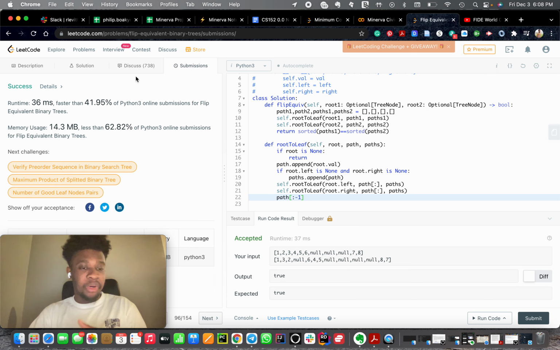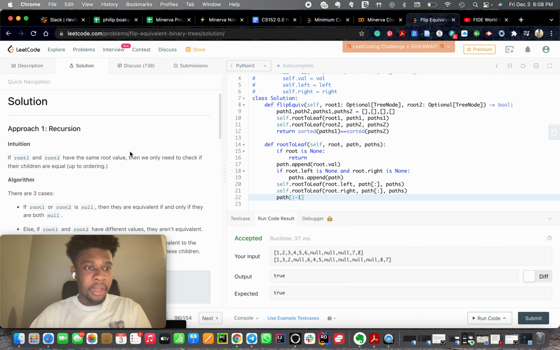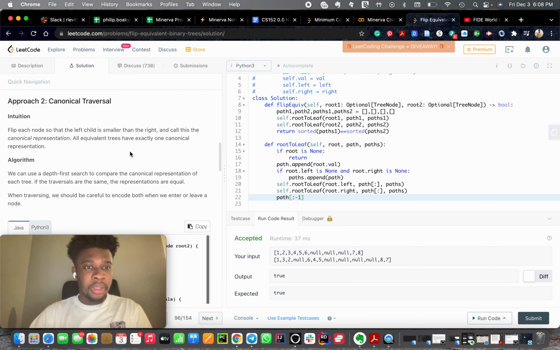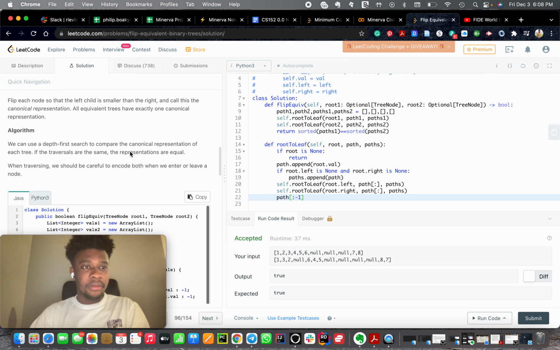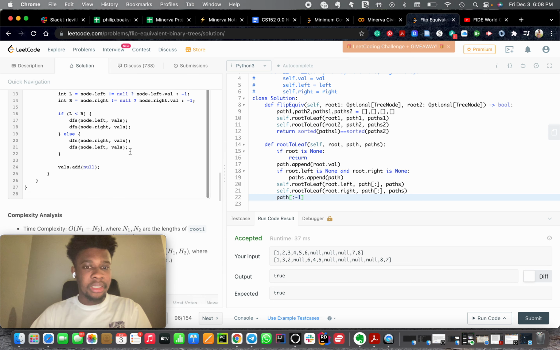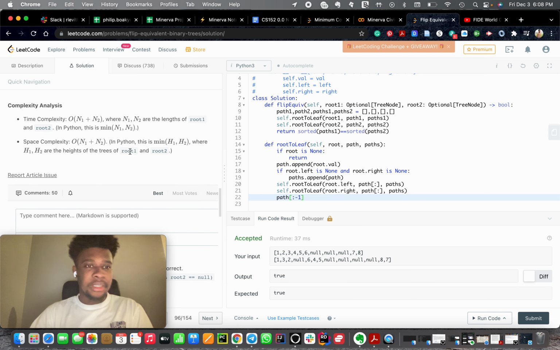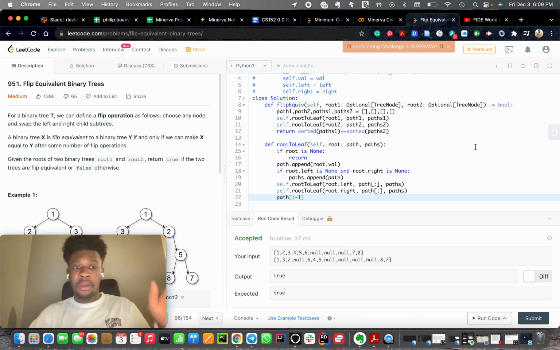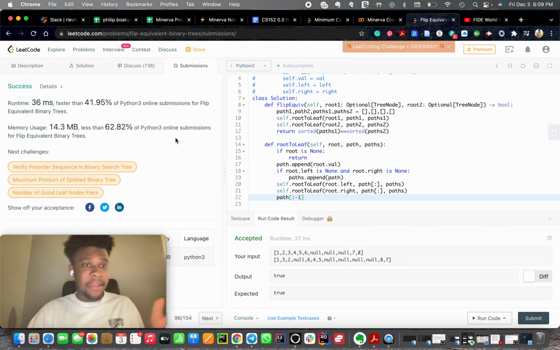I've not seen yet what solutions are available, but I know this is the way I did it. Let me see if it's there in the solutions, recursion. See the first one, canonical traversal, right child, left child is smaller than right, canonical representation. See, everybody has a different way, but I did it very differently. At least it lets the interviewer know interviewers are also open to very unique and diversified ideas. So as long as you have a diversified idea that's different and you can support your proof,